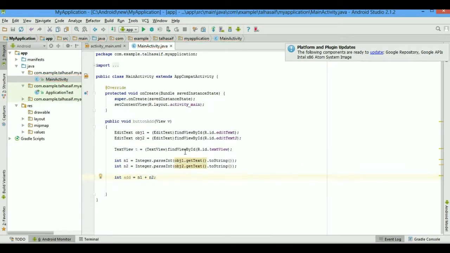So simple as that. If you want to subtract, you just got to minus here. You want to divide, you just need to change the sign from here, and the rest of the code will remain the same. Okay, so now what I need to do, I have got the result, but this add got the result, and